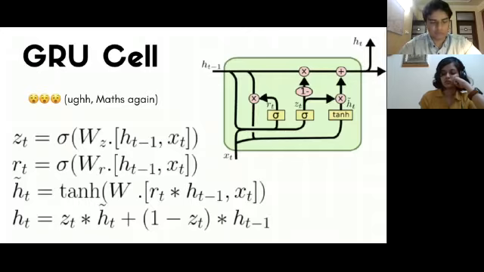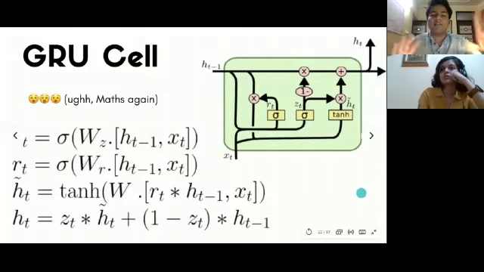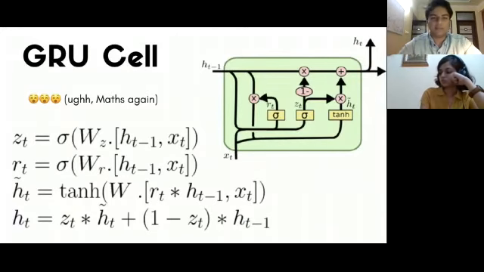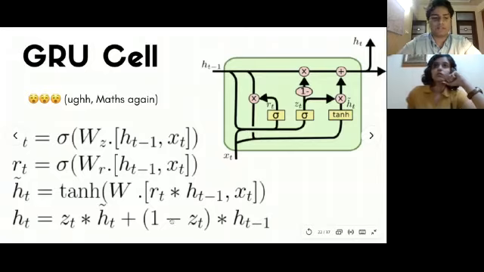All right, so that's a lot of information, but let's put it together. Let's put all these pieces together now. We've got a new candidate, h tilde t. We multiply h tilde t with the value of our update gate. And recall, the update gate tells us how much of the current input is useful and should be remembered. So we multiply that value with our candidate. We multiply the complement of that value with our previous hidden state. So let's say hypothetically that the value of zt was 0.92. Right? What that means is that 92% of the new candidate ought to be remembered and stored in the memory cell, and 8%, I said 92, right? So 8% of the previous hidden state should be remembered. So that's exactly what we're doing.